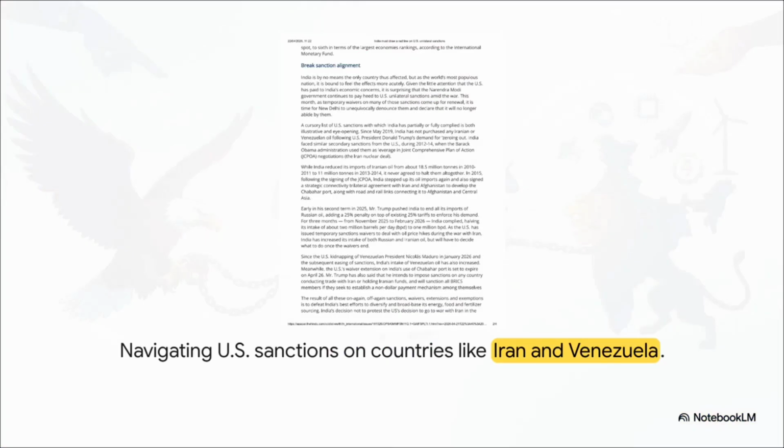Well, historically, India has been walking a very, very fine line, a real tightrope act. You see, when the U.S. puts sanctions on countries that are important to us, like Iran or Venezuela, our response, well, it's mostly been to comply, sometimes fully, sometimes partially. And what does that mean? It means we've had to make some pretty tough choices, changing our own policies, often hurting our own interests, just to keep things smooth with Washington.